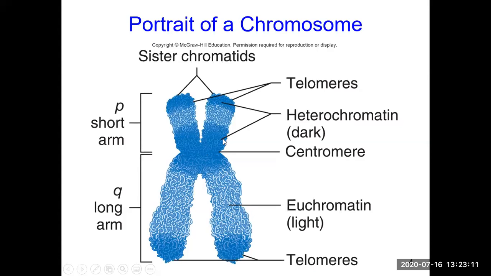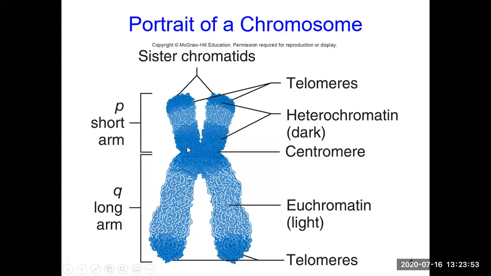Where the chromosome is maximally constricted, this constricted area is known as the centromere. For convenience, we usually show the centromere towards the center of the chromosome, but the centromere can be anywhere. It could be towards one of the ends also. This one also has very darkly staining nucleic acid, and this darkly staining chromatin material is known as heterochromatin. The parts which are not darkly stained are known as euchromatin, okay? U means true. This is where most of your protein encoding genes would be. This is the true genetic material.